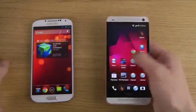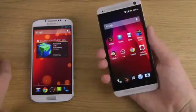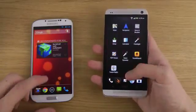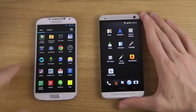And that's very good if you always want to be able to use search and always have it up there at the top. It's extremely cool over there. Of course, when we tap in the middle here, on both of these two phones, we do get a grid